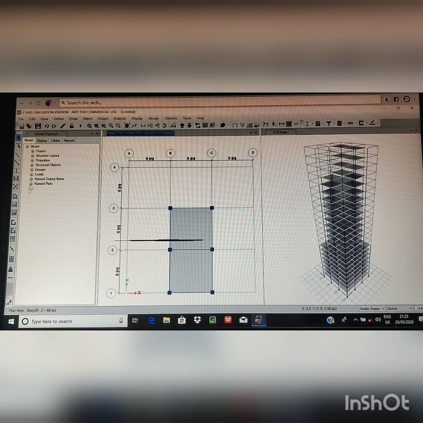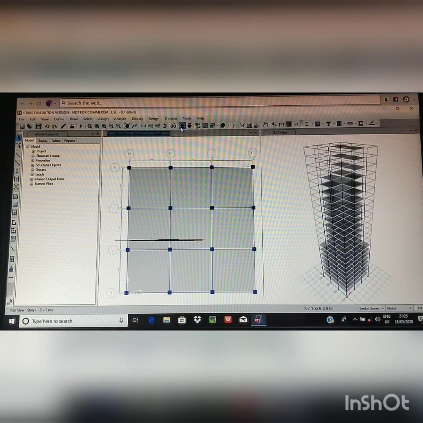Now we apply the design loads, that is dead load. As we know that the dead load is the same in all stories. So go to story 1. Then select all the cells. Change similar story as all stories.